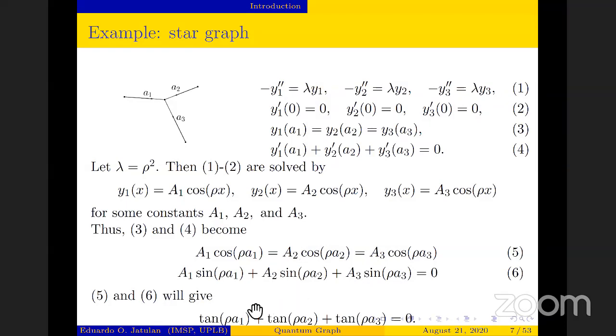So in this case, the eigenvalues are the square root of this rho that will satisfy these given equations. Those values of square root of rho satisfying this will be our eigenvalues, okay? And another thing is that aside from this way of solving, the method that we are going to use for the succeeding slides will be the so-called characteristic functions. For the characteristic function, for us to get a non-zero function,